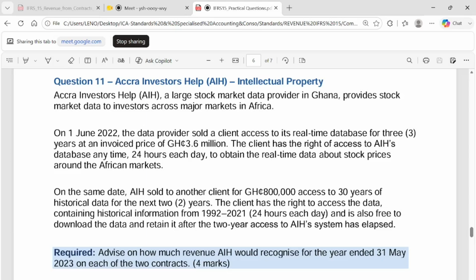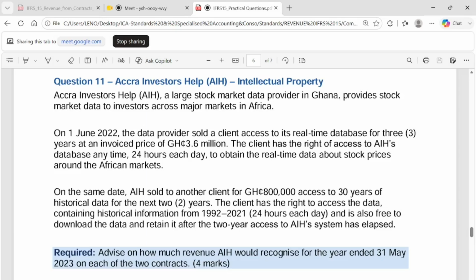On the same date, AIH sold to another client for 800,000 access to 30 years of historical data for the next 2 years. The client has the right to access the data containing historical information from 1992 to 2021, 24 hours each day, and is also free to download the data and retain it after the 2 years access to